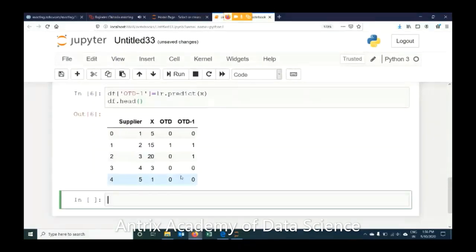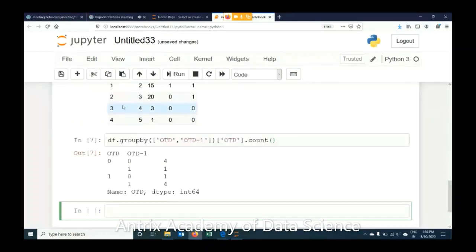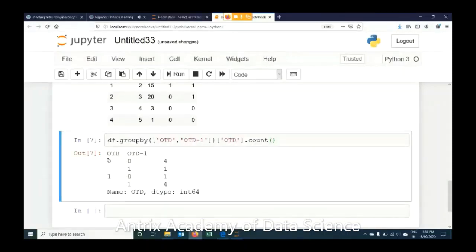It's a prediction. So once you compare it, let me work out some comparison. OTD was my actual value and OTD1 is my predicted value. So let me have a count of OTD. So we can classify this: 0 cases were predicted as 0 and 1 as 1. Similarly, one case has been predicted as 0 in one case and for 1 as a